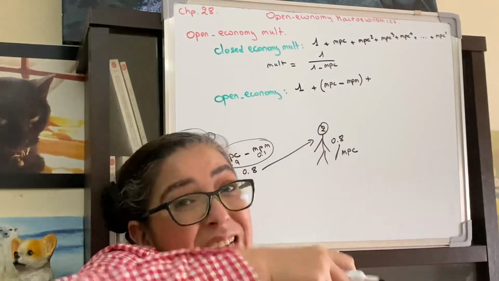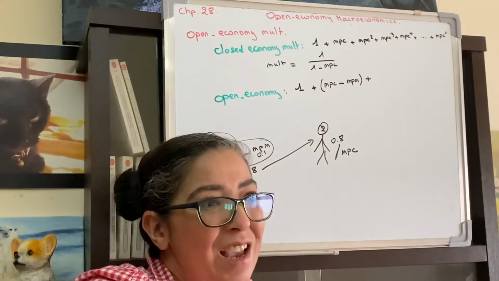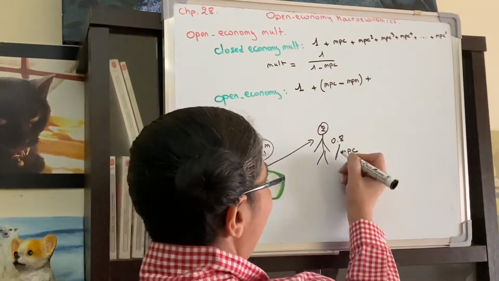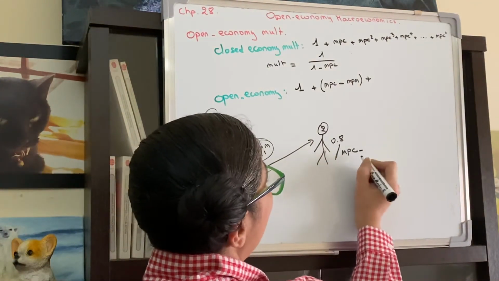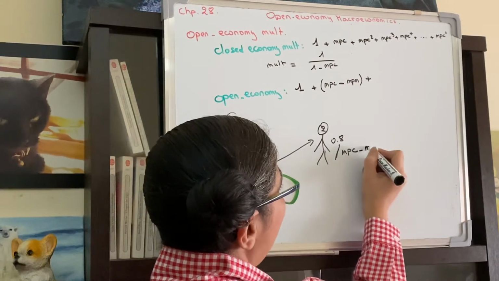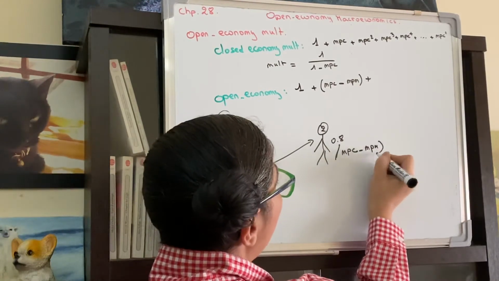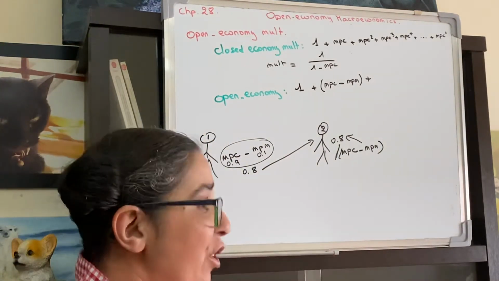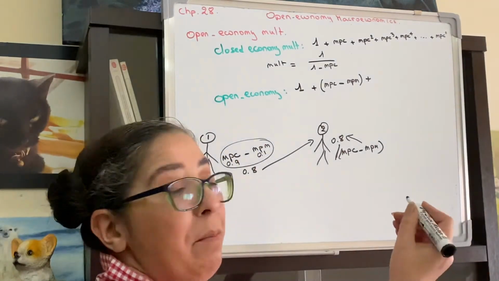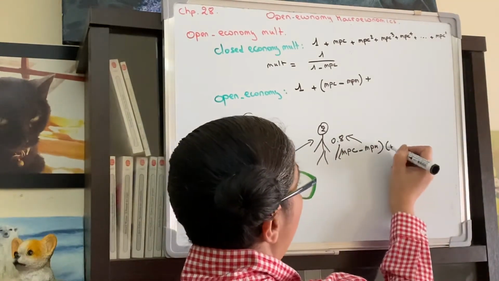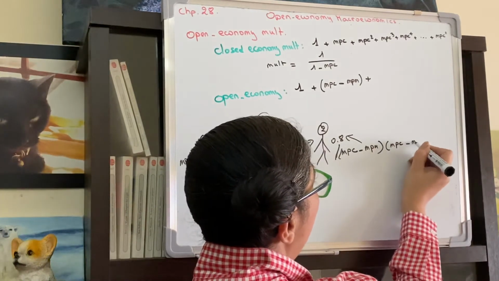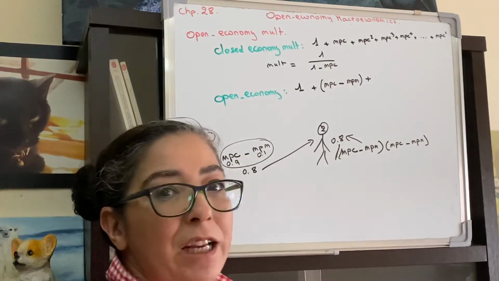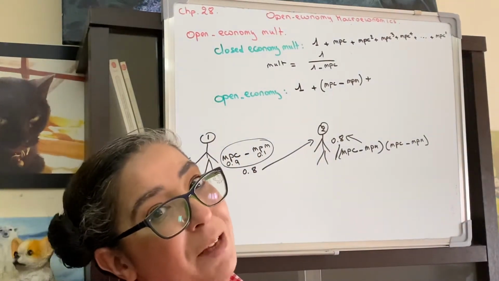So what's gonna stay in the local GDP is only the 0.8. So locally, he received MPC minus MPM. That was your 0.8. That's what he received from here. But then he consumed MPC minus MPM again of whatever he received. So MPC minus MPM times MPC minus MPM. It's MPC minus MPM square